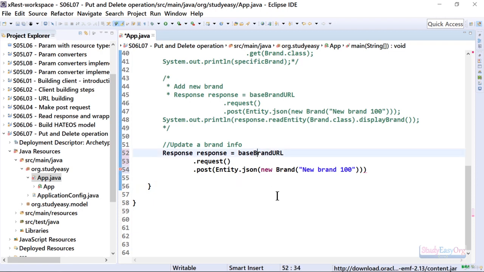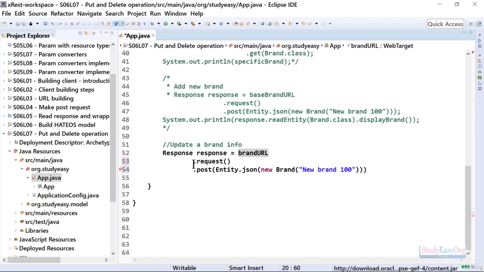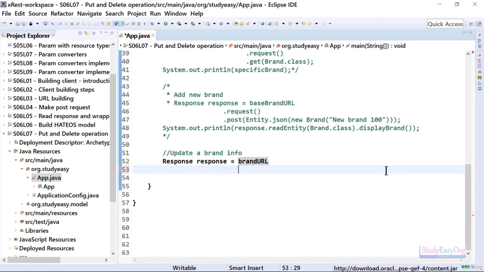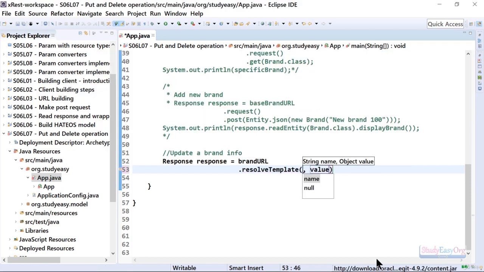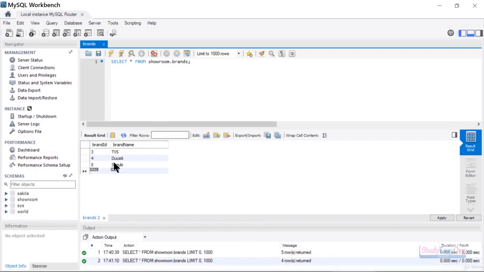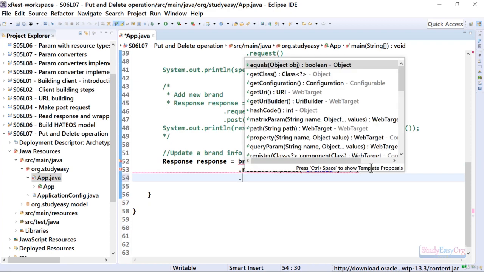And now we will update the brand info, and to be very specific we will update a specific brand's info, right? So we will make use of the brand URL variable, which is here. And we would be updating the information of the brand ID. We will resolve the template, right? So let me get rid of the code which is not required. So let us resolve the template with brand ID, for example 4. Alright, so we will again make the change. We will update the name from Ducati to Yamaha once again. So once we resolve the template, we will request,